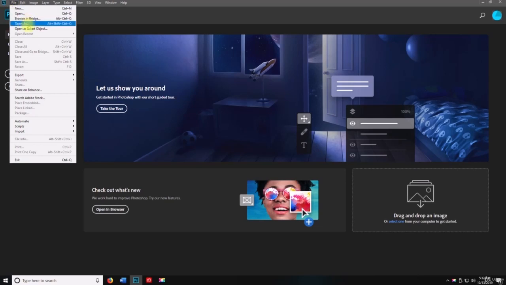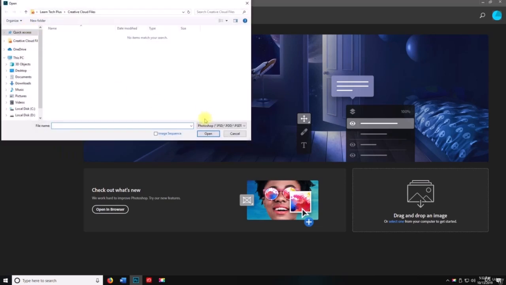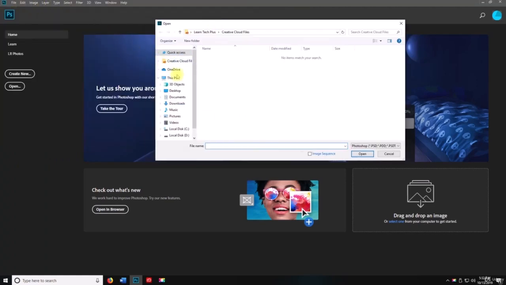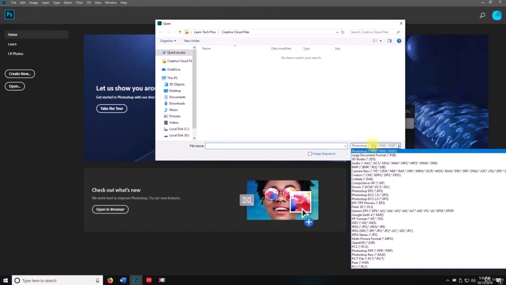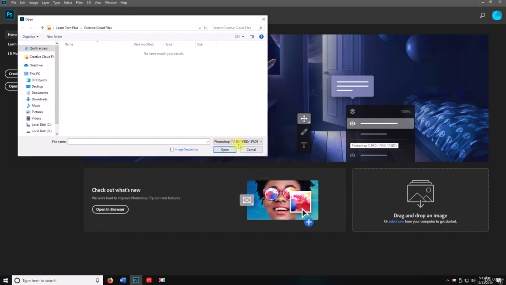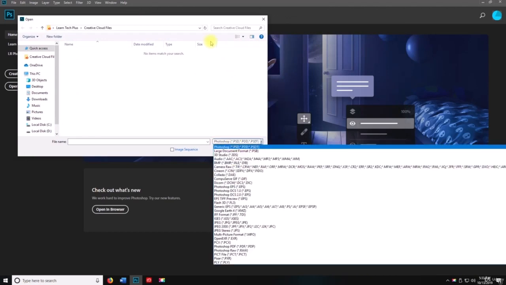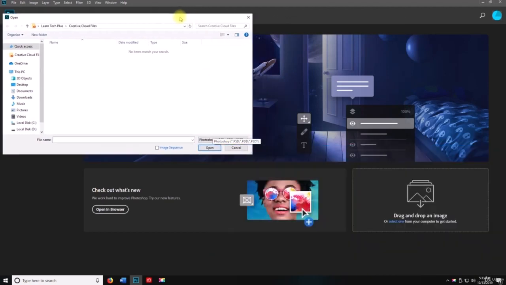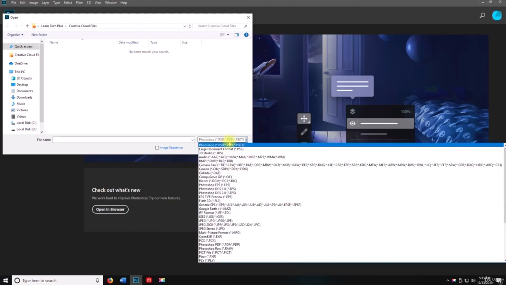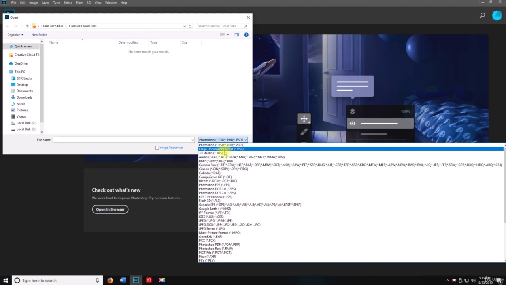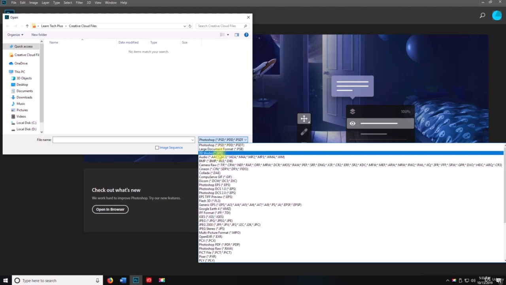All right, the next one is Open As. So Open As is the same as Open, but instead of just doing Open and picking a random file, this is going to have you open as, and let me move this over so you can see all the files, the formats, the extensions here. Wow, that's big, okay, there we go. All right, so you can open as a PSD, a PDD, or a PSDT, okay, a large document, 3D Studio,